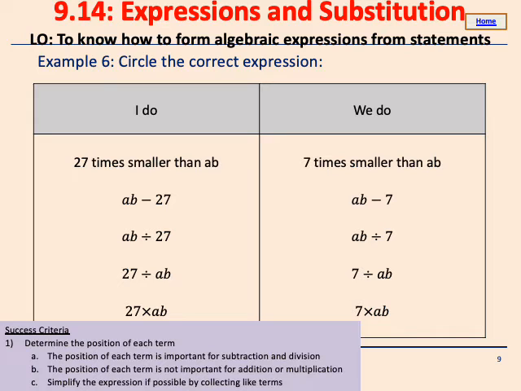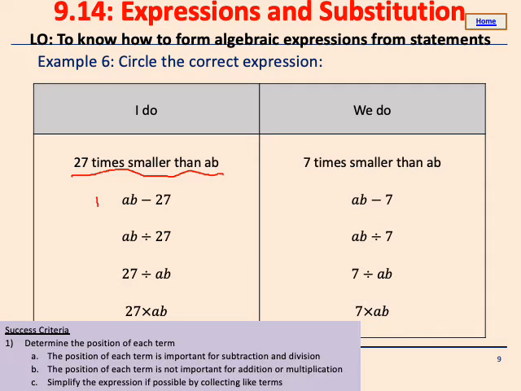So now let's read the question. So question number 6, circle the correct expression. So 27 times smaller than AB. So if we said something was 10 times smaller than AB, we would end up dividing it. So if we want something to be 27 times smaller than AB, are we